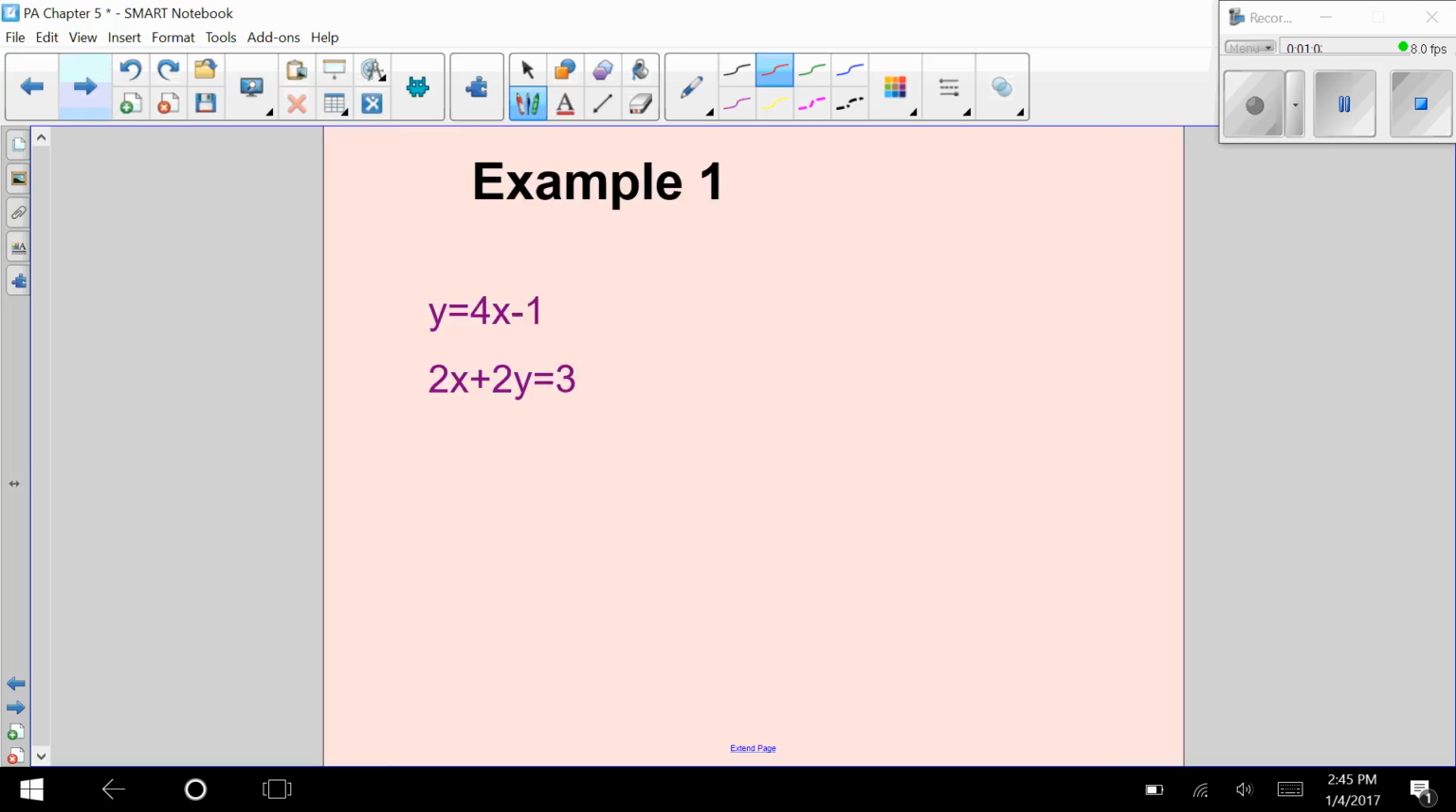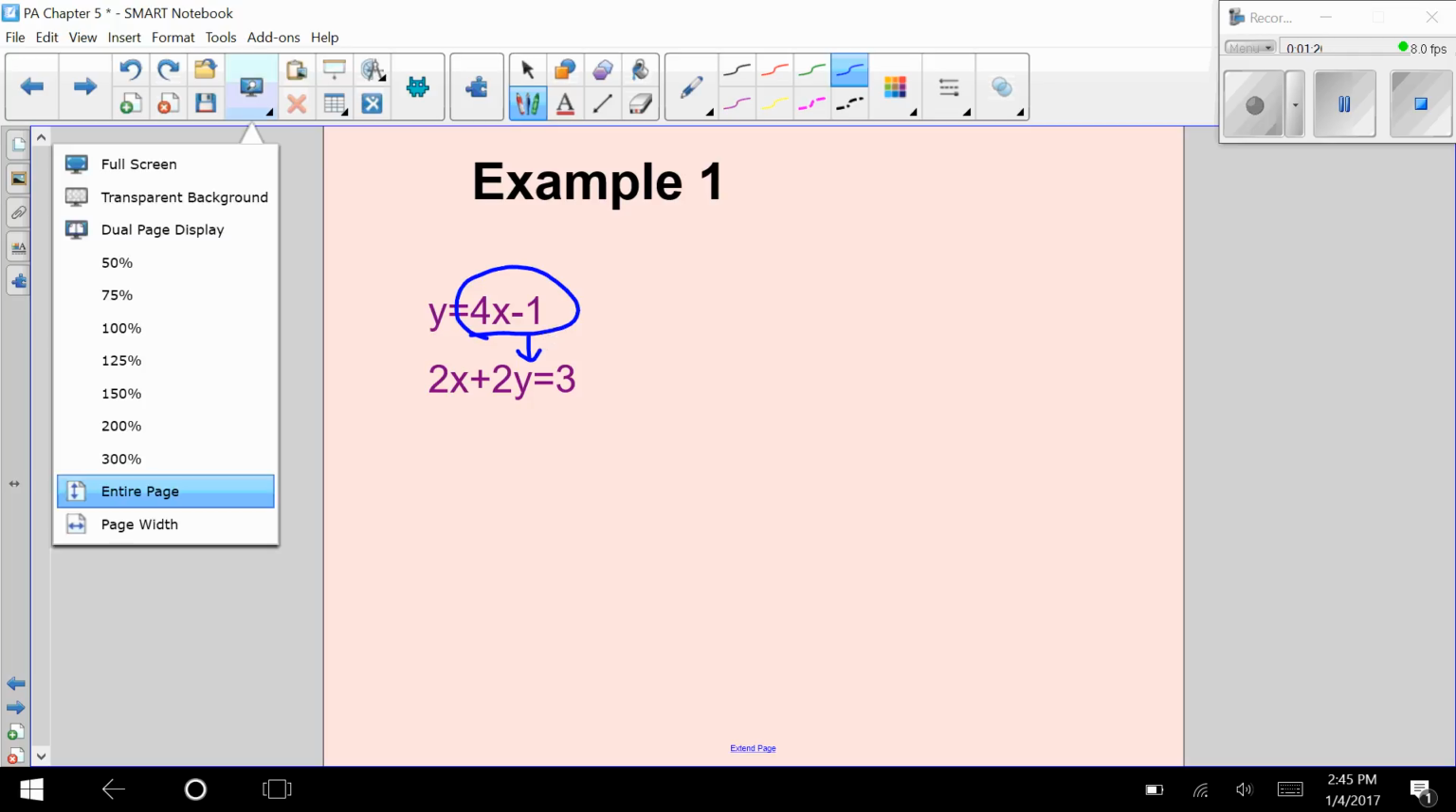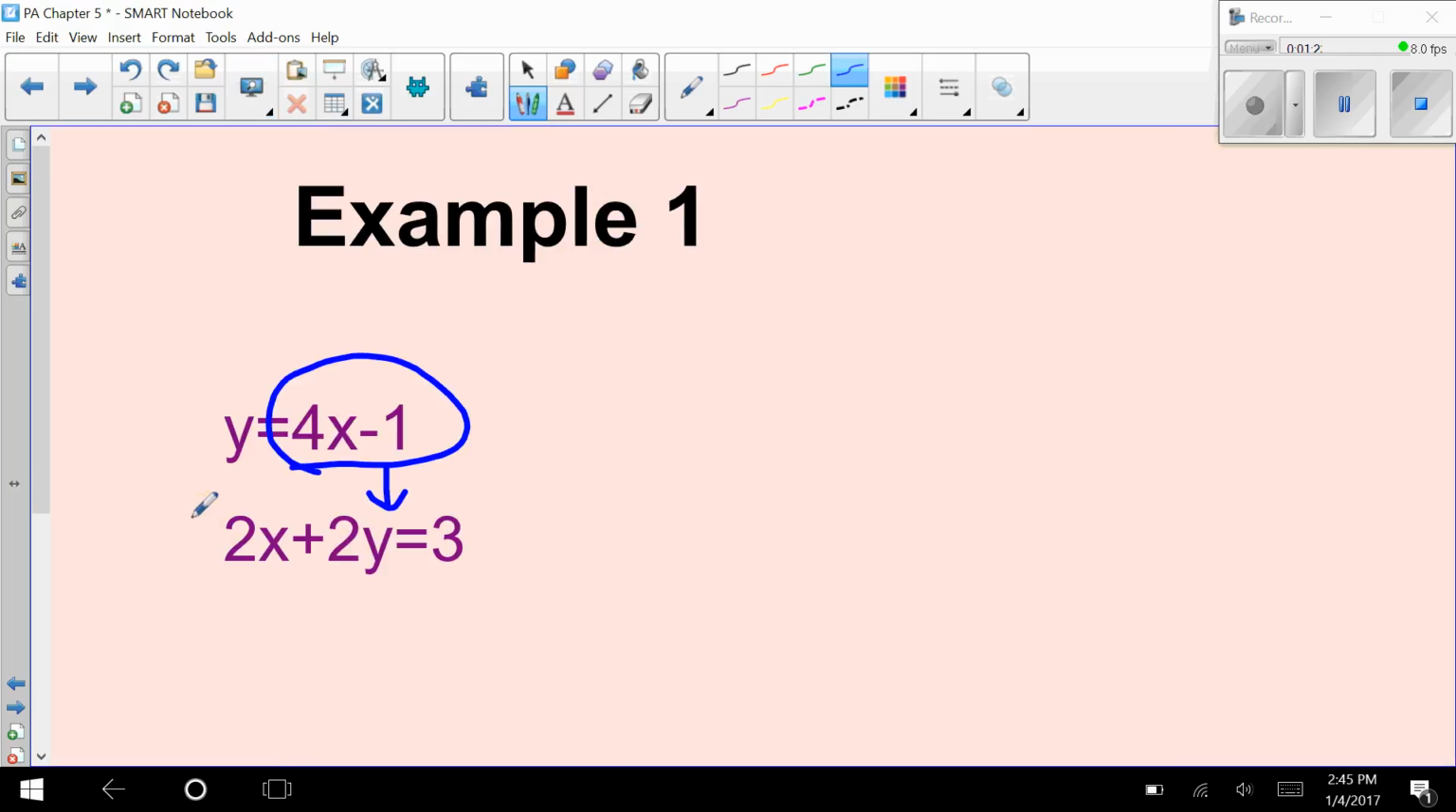So let's start. First step is to solve one of the equations for one of the variables. Well, you'll notice here that equation is already solved for y. Y is by itself. So we're going to take this expression, we're going to plug it into the other equation for y. So we're going to say 2x plus 2, instead of y, we're going to put 4x minus 1